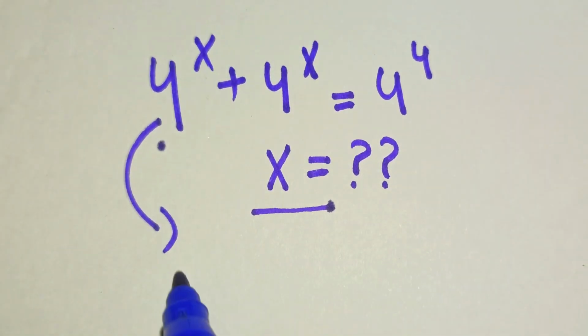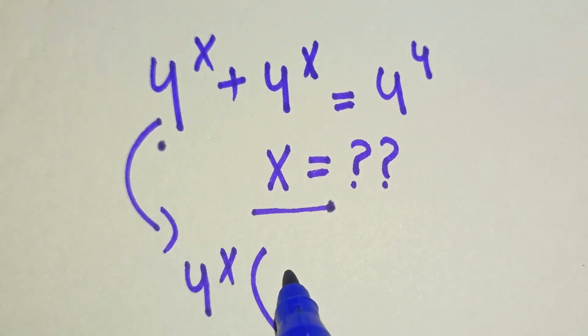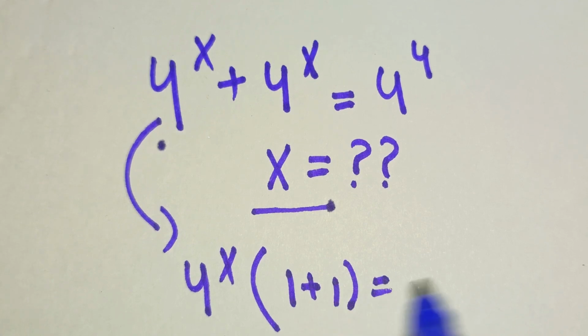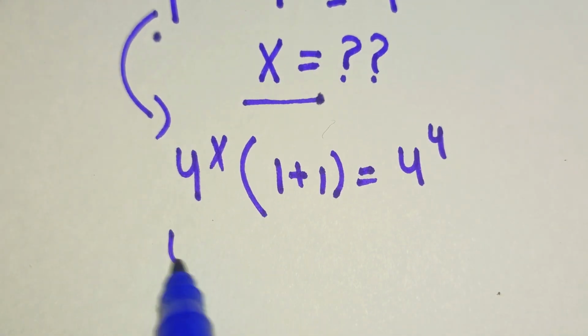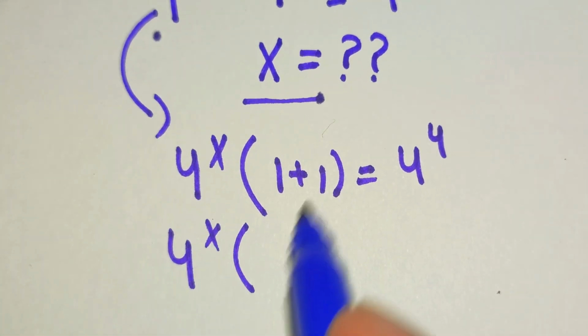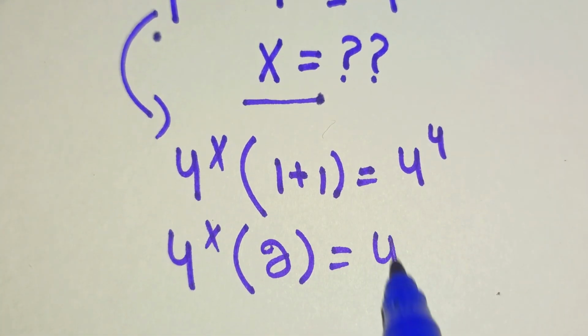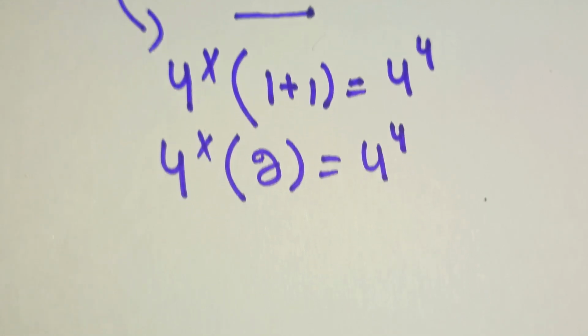In this expression, if I take 4 to the power of x common, so 1 plus 1 is equal to 4 to the power of 4. Now, we know that 4 to the power of x times (1 plus 1) is 2, and 4 to the power of 4 is as it is. Again,